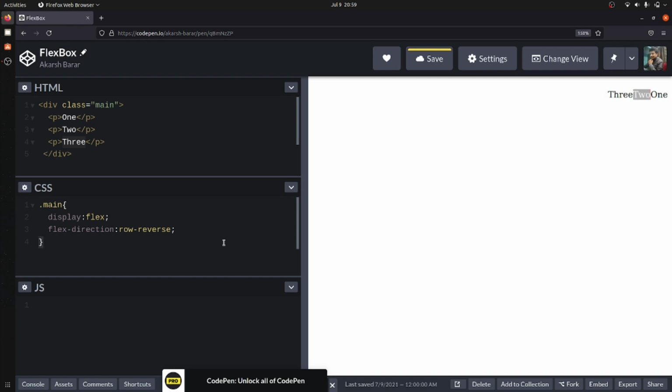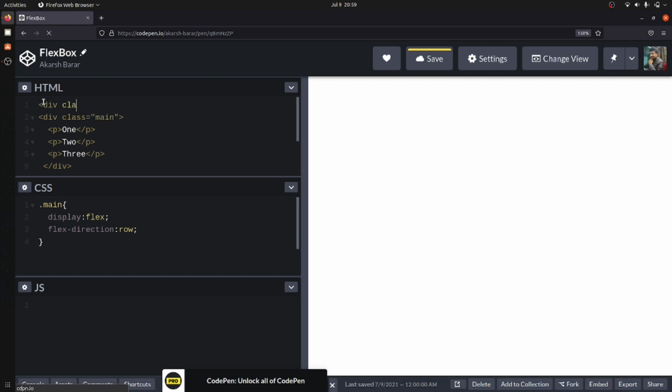Now there is a property, but let's just go with the row. Let me wrap the whole thing in another div so that I can show you one more property.